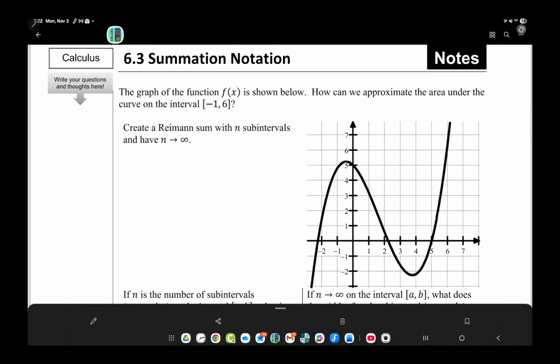So we are going to continue on with concepts of Riemann sums. The nice part about this is you are not actually going to have to calculate this. Okay, first,